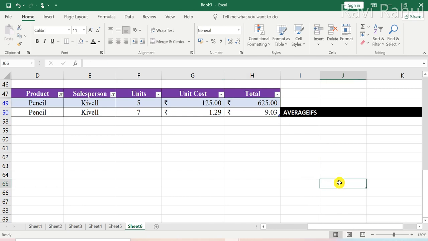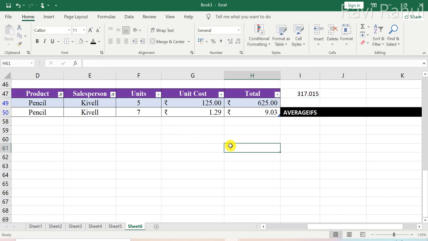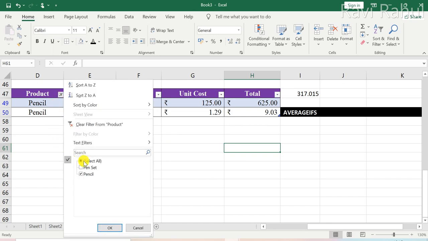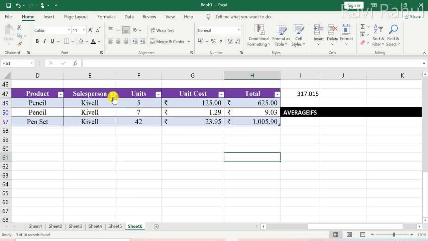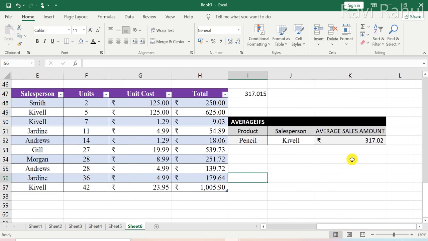We divide this by the number 2, and you will have the same result. Actually this is 0.02, because you will get this.